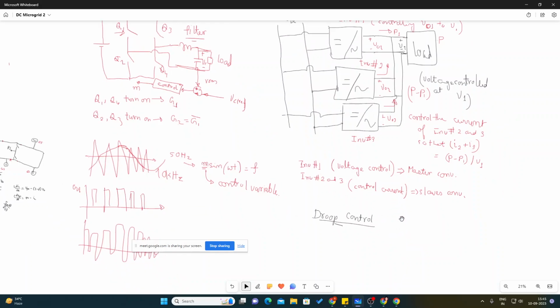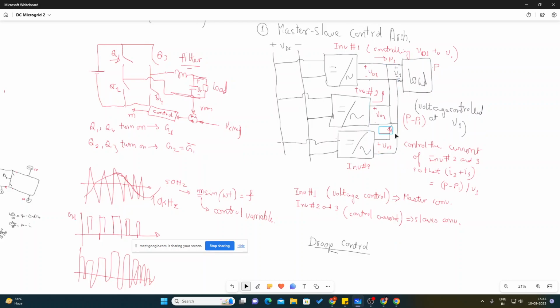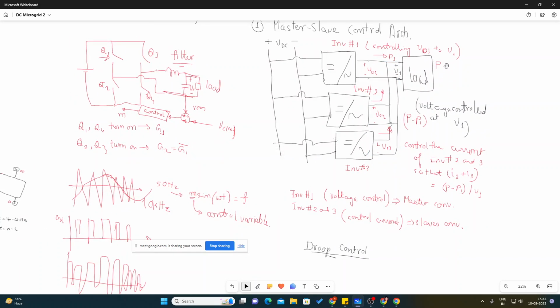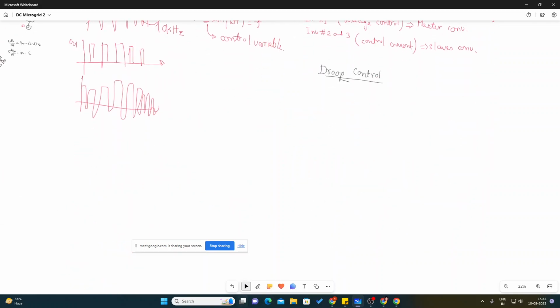So basically, what I'm saying is, if there is a power variation, a P variation, it may so happen that the current remains the same, but there is a change in the frequency throughout the system. Now, to tackle that, there is group control. Now, how group control tackles the situation is